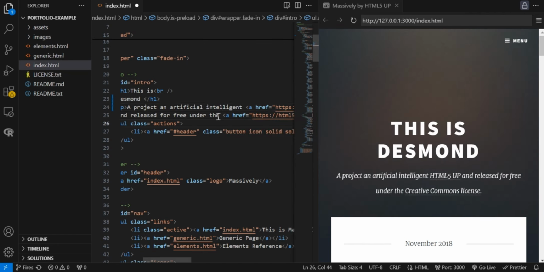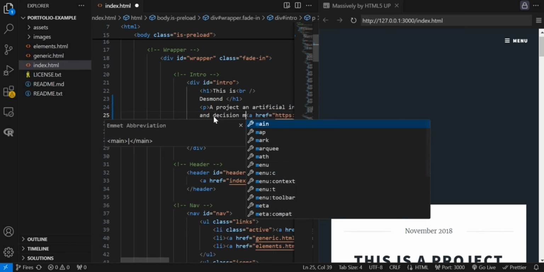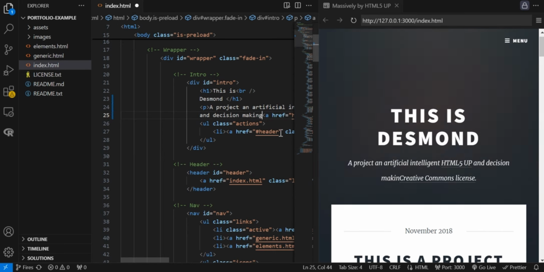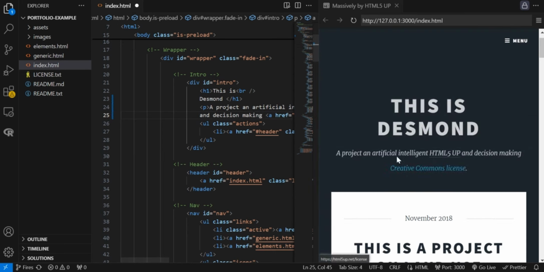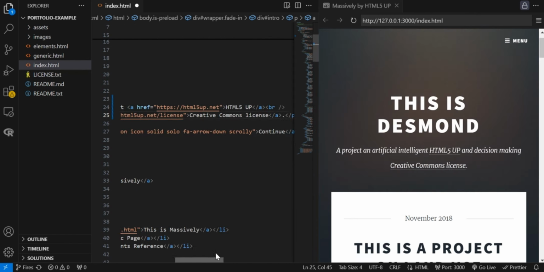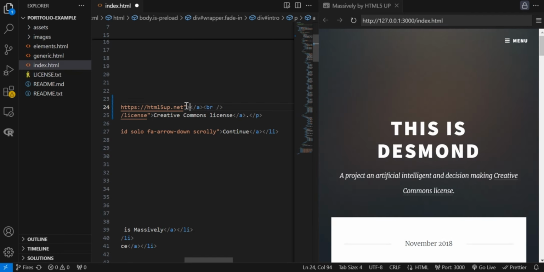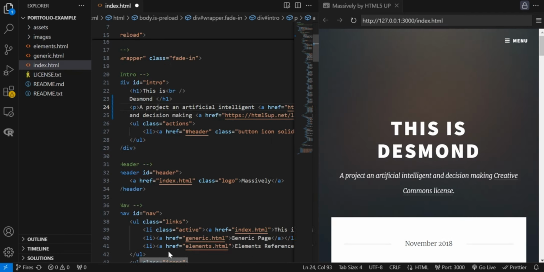You may also have to change this because it goes artificial intelligence and decision making, something like this. So you can see that this is very handy if you show the preview here. It also has this thing there. If you want, you can change it. If you don't want, you can also change it. This also doesn't make so much sense.